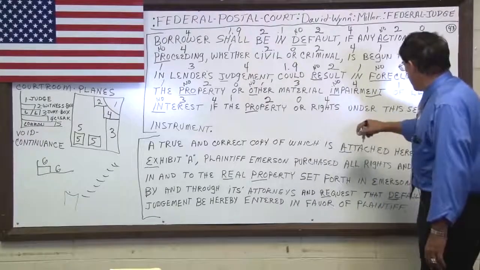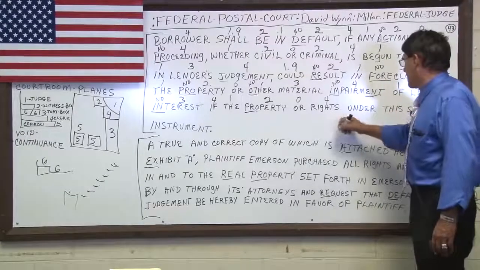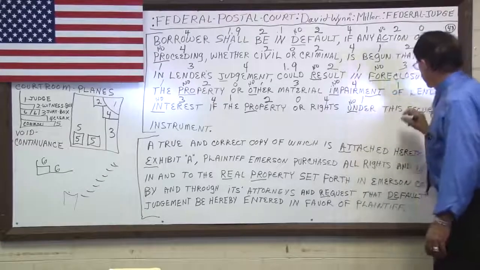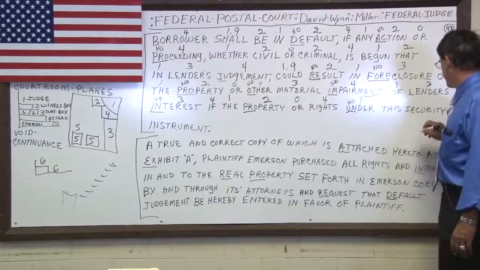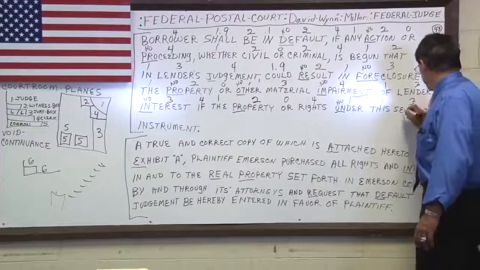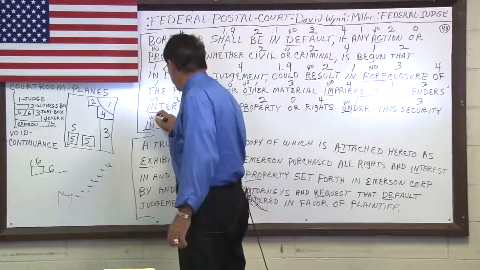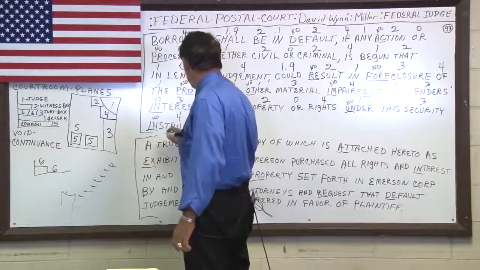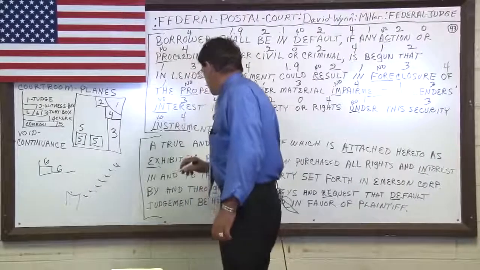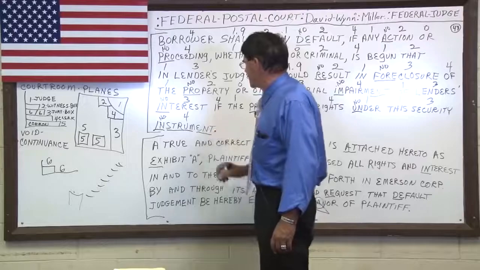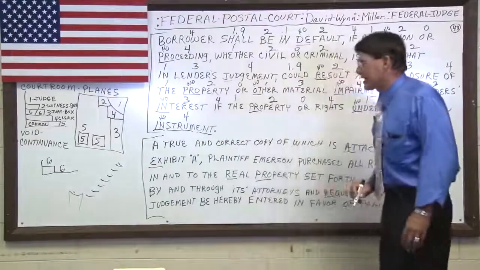The word rights now becomes a pronoun. The word under means no contract. Under is an adverb, modifies the adverb this, and security becomes an adjective of the word instrument. In means no. It's used also as a pronoun. STRU means from the word construction, and ENT is contract. So you have no construction contract.